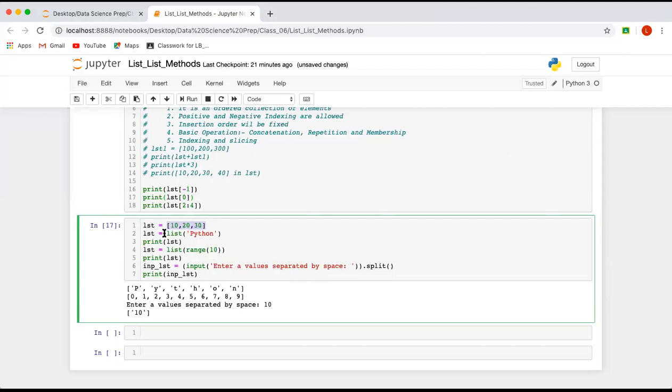Another way of creating a list is using the list function. Inside the list function, you can pass any sequence. As of now, I have passed a string. So when you pass the string, the list function will convert this string into a list. Every element inside this string will become an element of the list, and then finally a list will be returned with the square brackets, and that will be the LST. So if you print it, you get it like this. Every element of this string has become an element of this list.